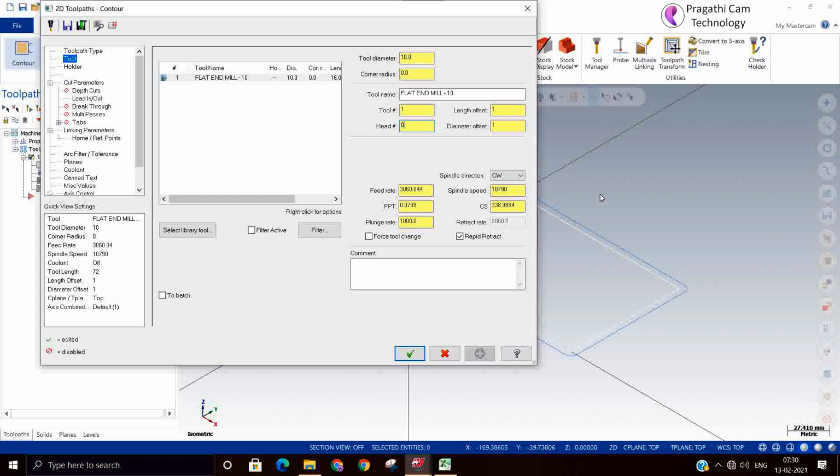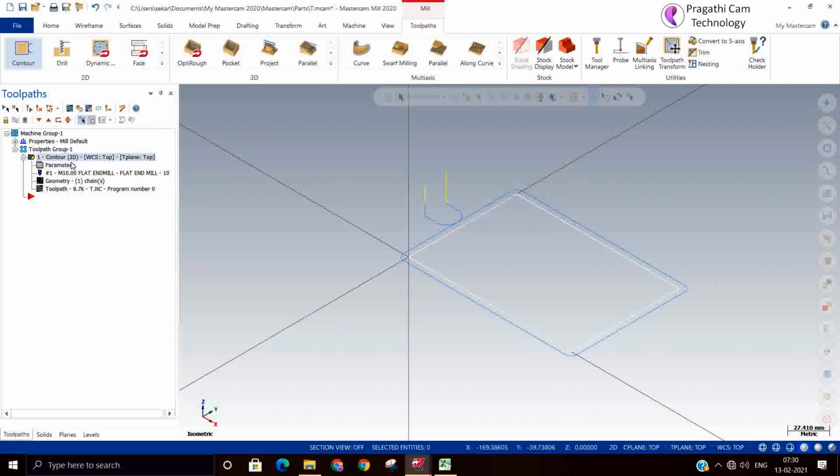Otherwise there is no meaning of it. The diameter offset means the cutter compensation control; if you use it, it will come as G42 or G41. Cutter compensation off is G40. Now in this program I will change the cutter compensation to control.